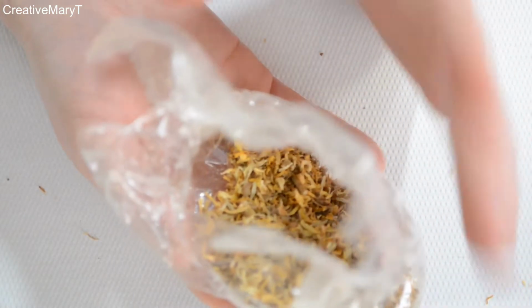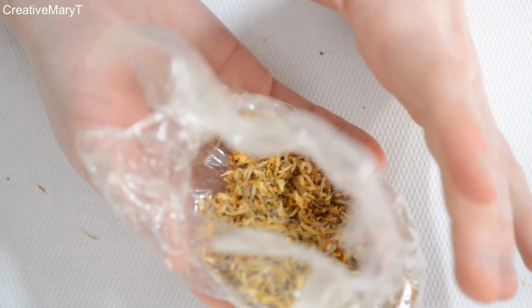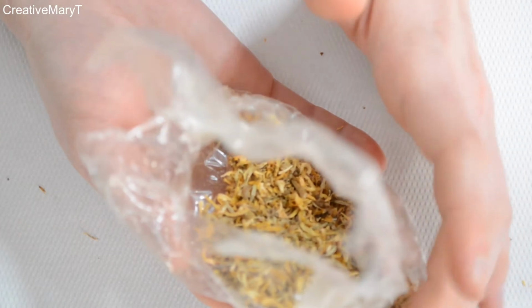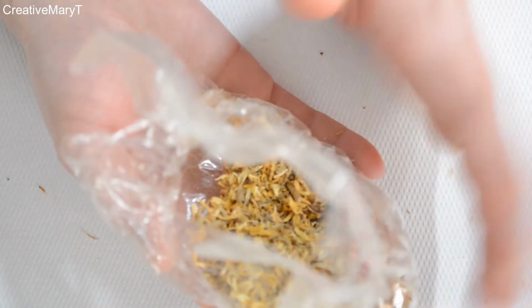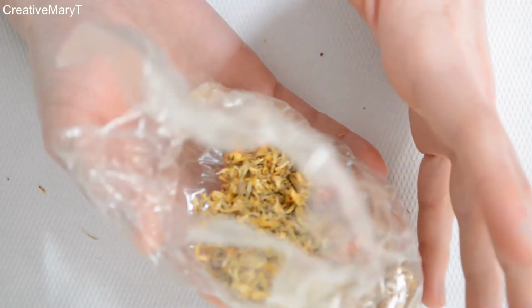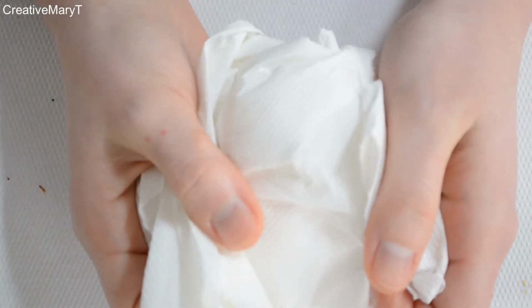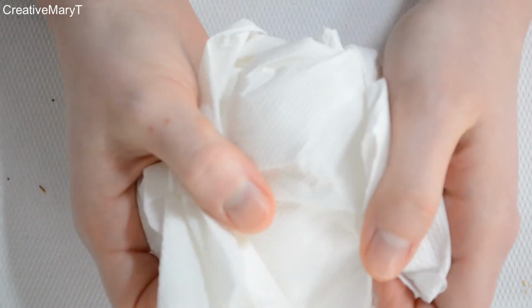So I took this. I took the lavender, and I also took some pressed leaves from a plant I had, which was almost dying. So I was like, okay, I'm gonna take the leaves from this plant and press it and let it dry so it could live. Okay, and I took this. This is like a kitchen paper, and I shredded it to pieces and put it in the blender, mixed with